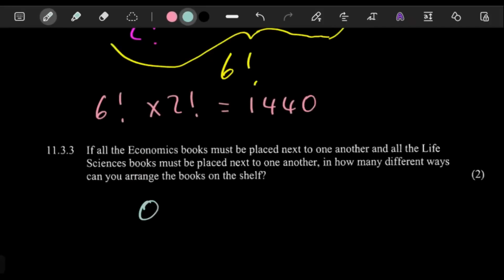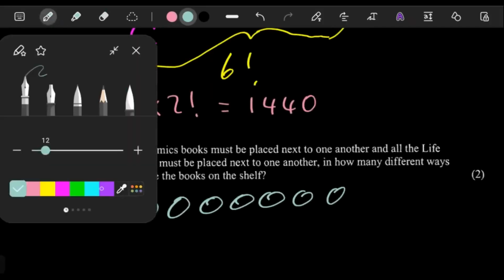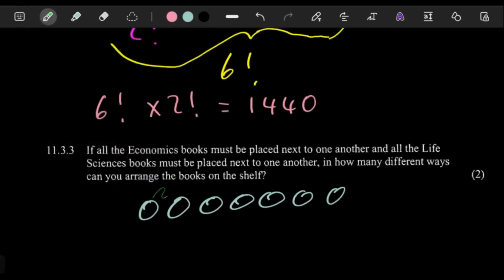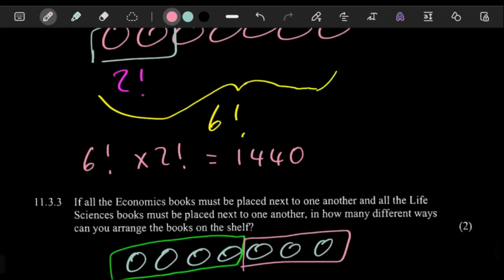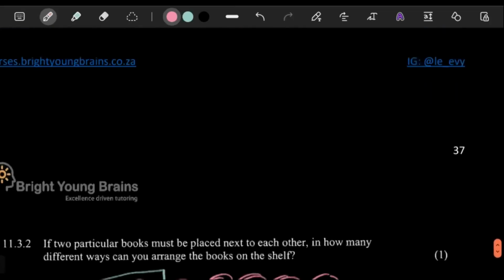This is also easy. 1, 2, 3, 4, 5, 6, 7 books. So the idea is the economics have to be together, right? So you look at them as one object. The life sciences have to be together, so you look at them as one object also. And then